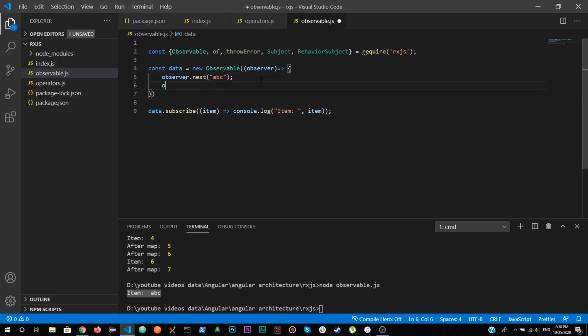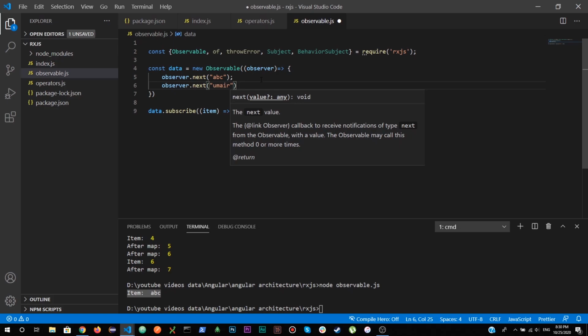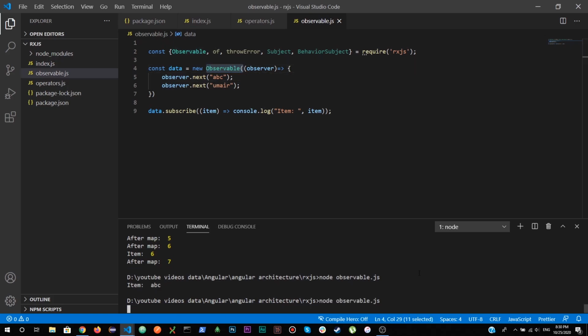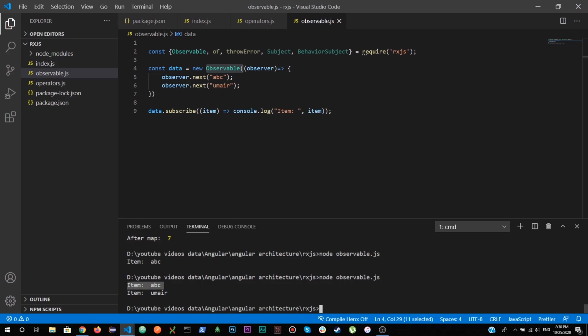Now I can add another observer, and I can pass my name inside it. So now two observers have subscribed to this observable that we have just created. So now you can see it has returned us item ABC, item Umair. So as many observers as we want to add, we can add.